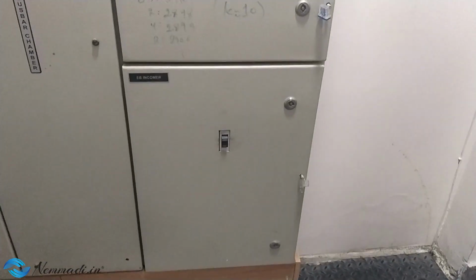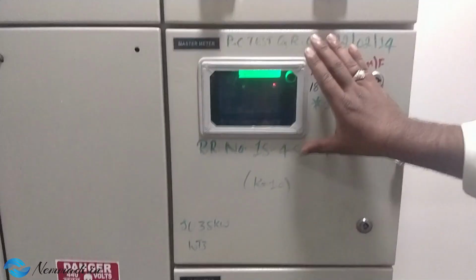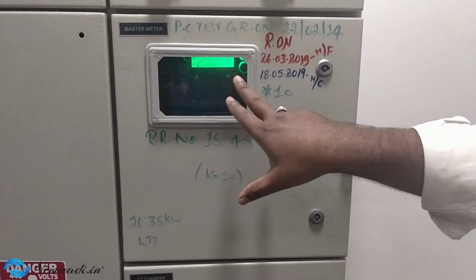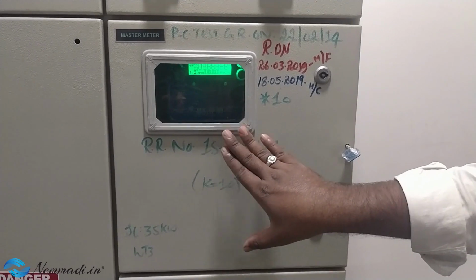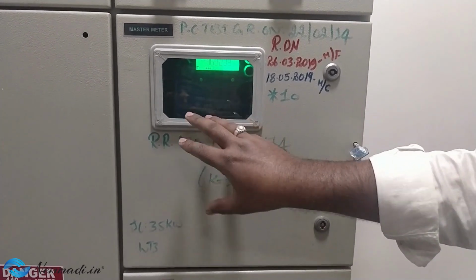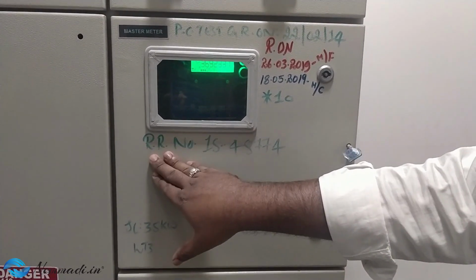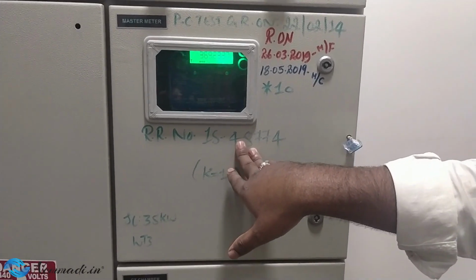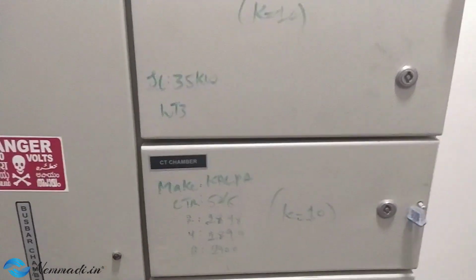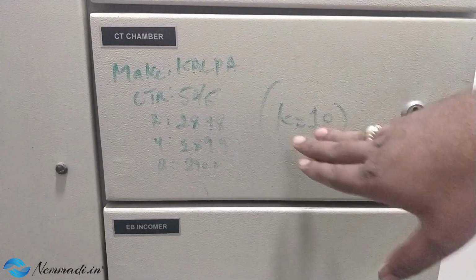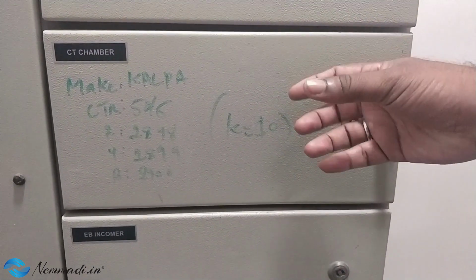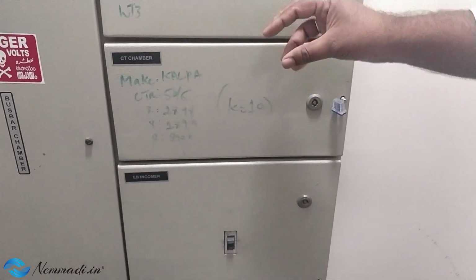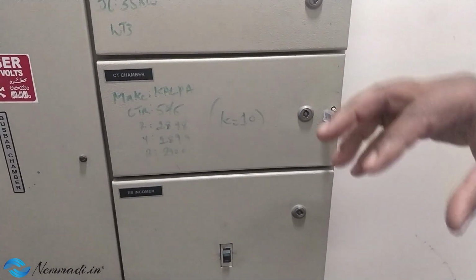Okay. So we have one metering board. So we'll have a meter, and whatever power consumption happens in this building will be monitored here, and the reading will be taken from this metering board. What is this? The CT chamber? That is a current transformer chamber. So there will be the current transformer, and that will convert a high current to a low current for the consumption purpose.